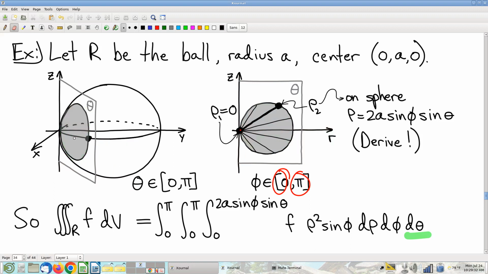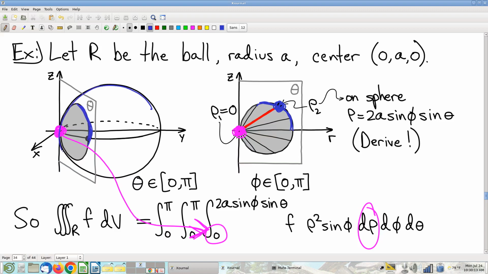Okay, and now, given our phi slice of our theta slice, I now want to look at what's the range of values of rho. I'll just do it like this. Here's rho. Starting value of rho is going to be there, which is clearly the origin, where rho is, of course, 0. Last value of rho is going to come from that point, which is on this curve, which of course, don't forget, is actually on the sphere,